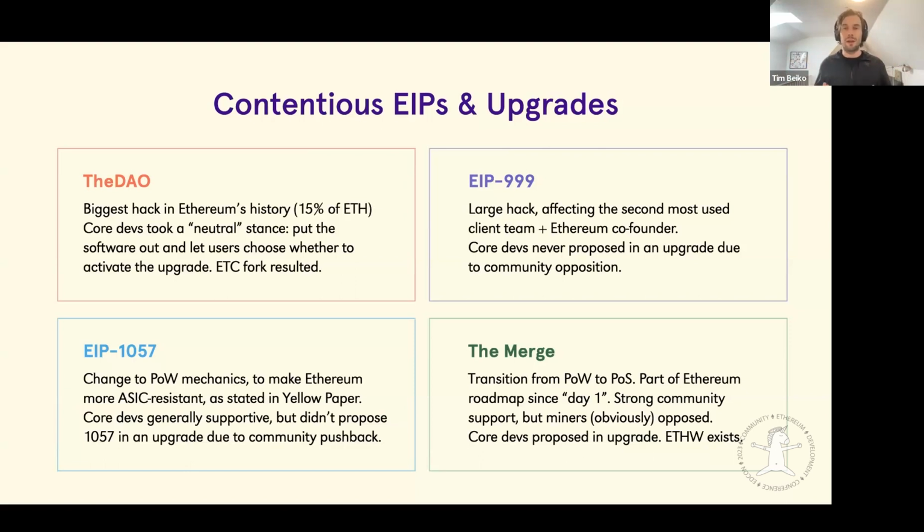So this is an example where the client teams clearly pushed forward and proposed the upgrade. I'd say the overwhelming majority of the community transitioned, but there is this tiny minority fork that popped up around the time of the merge, EthereumPoW, and I believe it still exists today, although it's not maintained much. But it is an example of part of the community being able to opt out of this and keep doing their own thing, even though the vast majority moved in one direction. And I think that assessment is what led core devs to feel comfortable pushing the software, knowing that there'd be very minimal parts of the community who thought this was contentious.